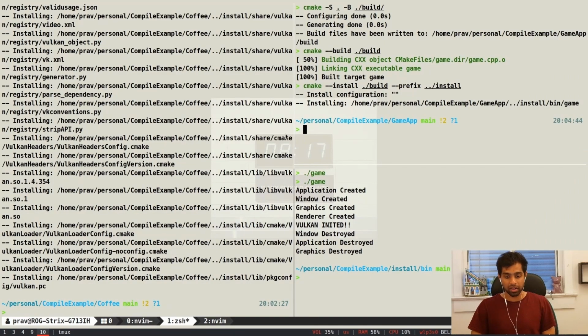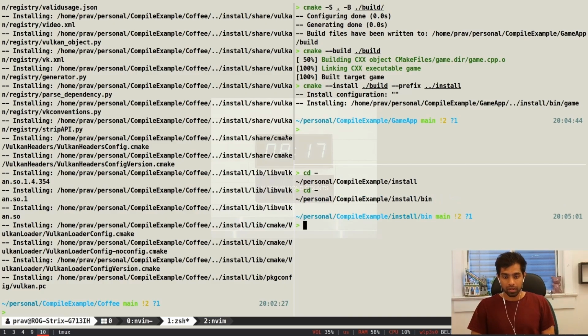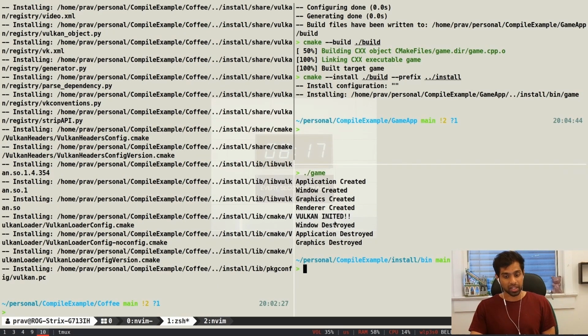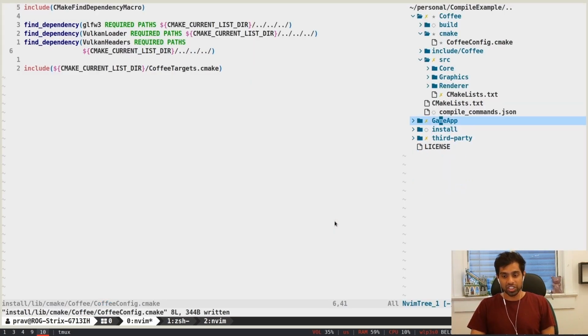If we go back here, we're gonna clear, and we're gonna say game. Okay, I'm gonna have to do this. Sometimes the cache doesn't work. Okay, I'm gonna have to do game. Okay, we got our beautiful window right here, and we got the message welcome init. Okay, perfect. We finally installed our engine in a package format, and now all the engine developers had to do